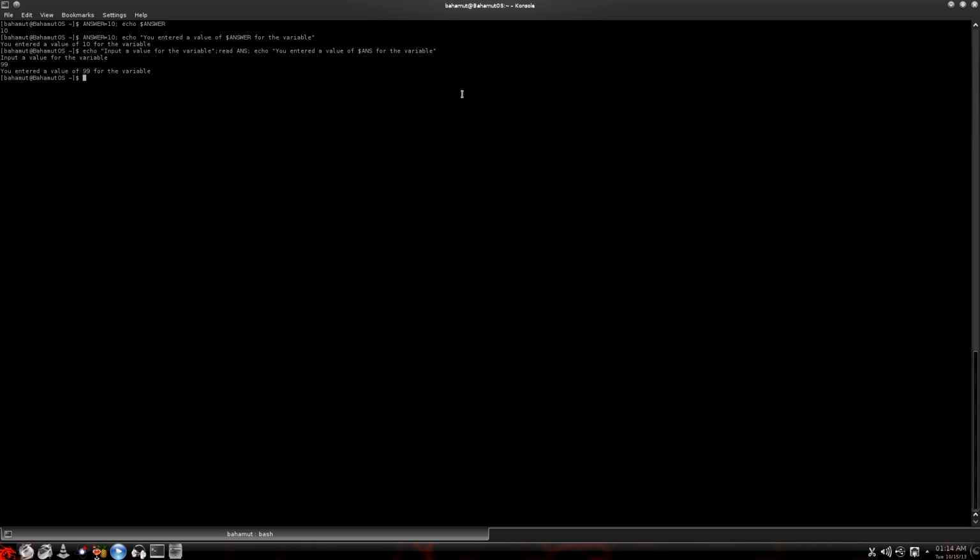Okay? So that's the read command. All right? So we've covered the echo command, variables, and how they work. Okay? And we've also covered the read command so you can actually get input. So in the example that I was giving